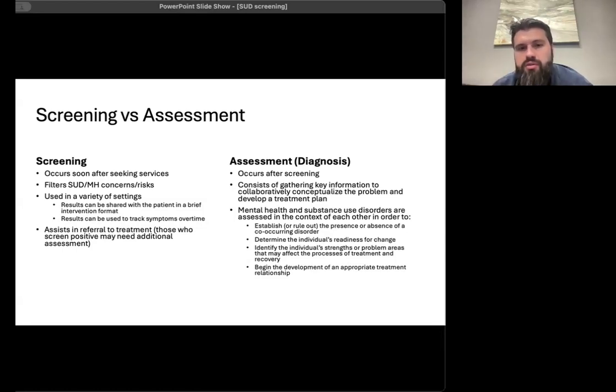Assessment to me is really just diagnosis, right? So this occurs after the screening. So if somebody's a high risk for substance misuse and you think they may have a use disorder, that's when you actually do your assessment. That's when you do a history and physical. That's when you talk to them. You make that diagnosis based on the DSM-5 if they actually meet substance use disorder criteria. And then based on that, you work together to develop a treatment plan, offer them different treatment options, et cetera.